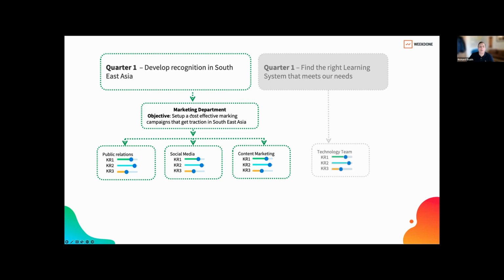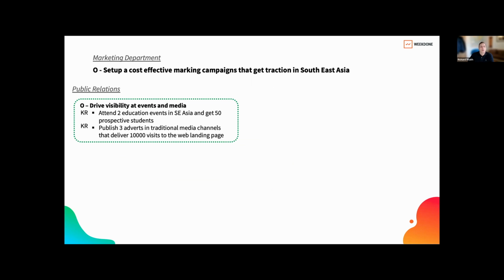The marketing department head, who has three different teams, PR, social media, and content marketing under him, has redefined it a little bit. And he said, set up cost-effective campaigns that get traction in Southeast Asia. Undoubtedly, the other thing that people are involved in is budgeting, and the marketing department leader knows that he needs to make sure he has cost-effective marketing. He has a limit in his finance, so he's probably defined what that means separately, and he shared that with the teams to allow them to set up the best objectives and key results they can, which is what they go off and do.